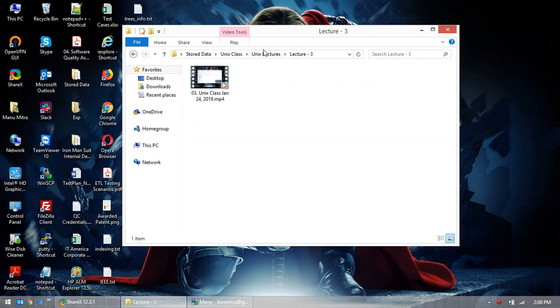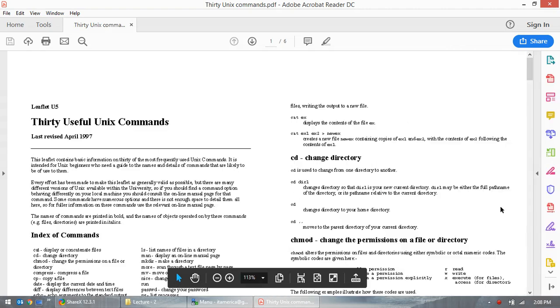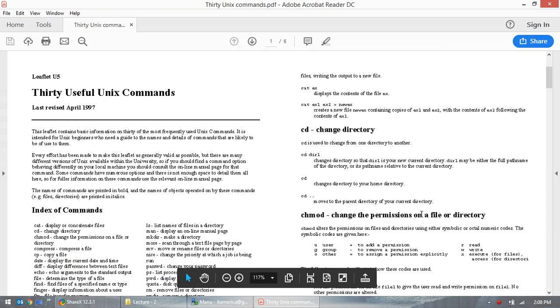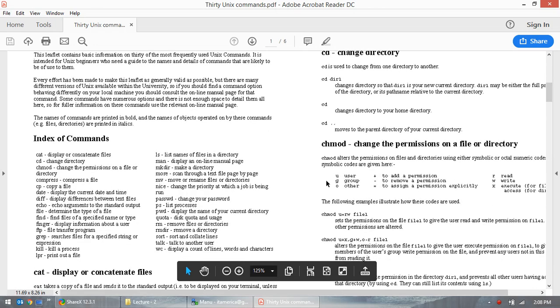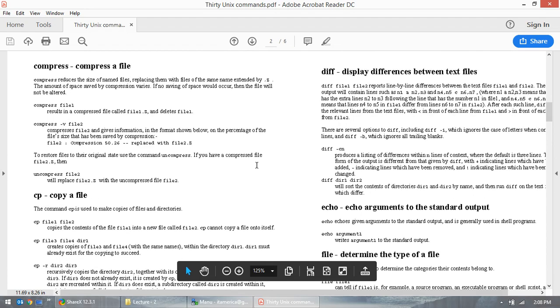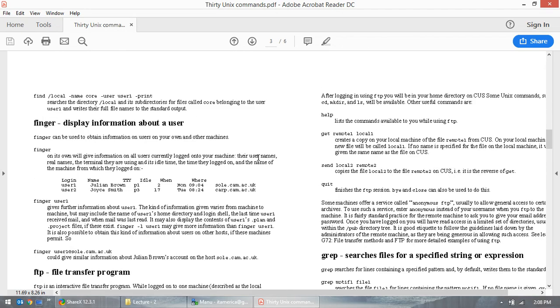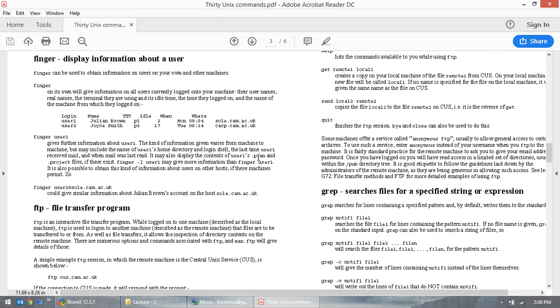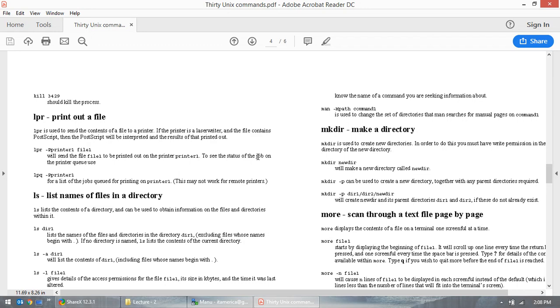Actually, you know what? I missed something. Let's quickly check 30 Unix commands. We discussed a few of them, but we will go through it a little bit. We didn't talk about this finger thing. Nevertheless, we will continue to see finger, something which you want to see here, but kill process and